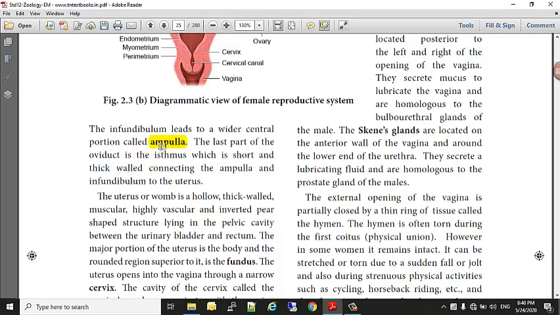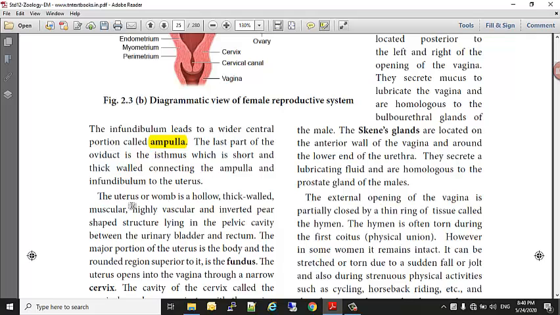So it will come as a 1 mark question: where exactly does fertilization take place? You will write ampulla. The last part of the oviduct is the isthmus, which is short and thick walled, connecting the ampulla and infundibulum to